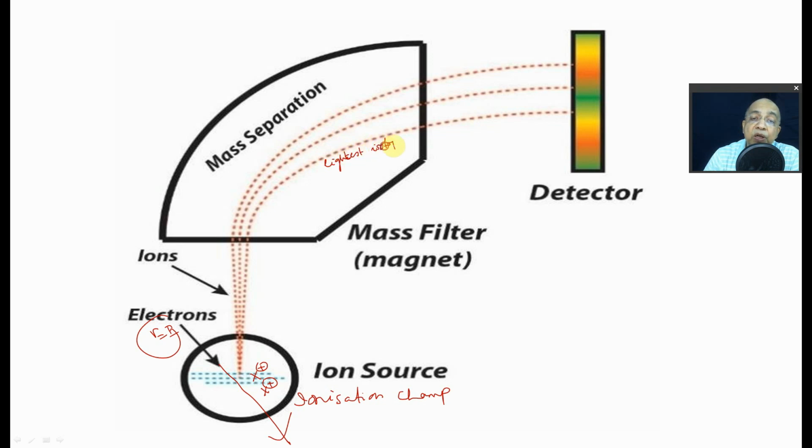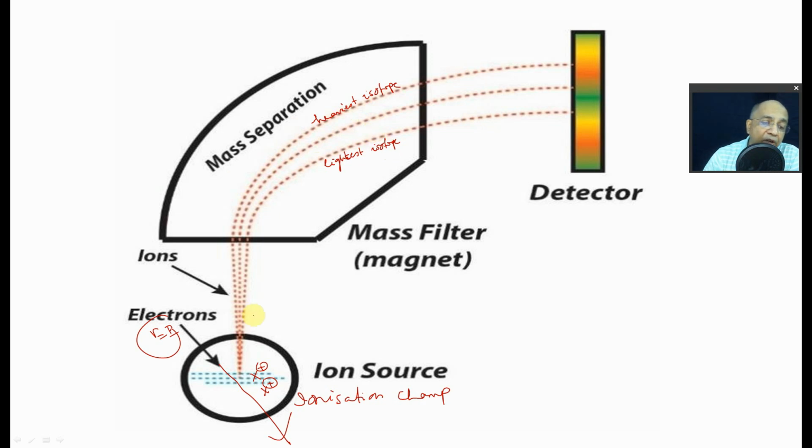isotope, and this is the heaviest isotope. The heaviest isotope cannot be attracted by the magnetic field to that extent as the lightest isotope. And the intermediate isotopes having intermediate masses lie in between the maximum curvature line and the minimum curvature line. So they will be falling in between that.